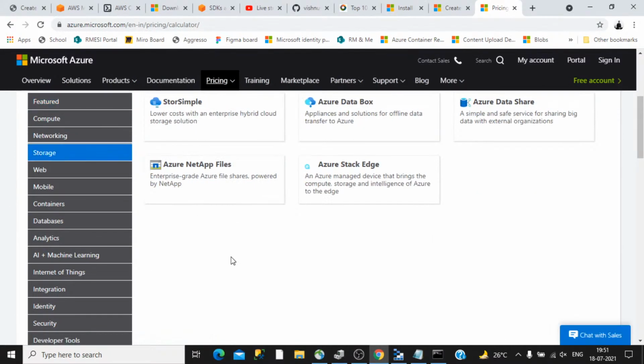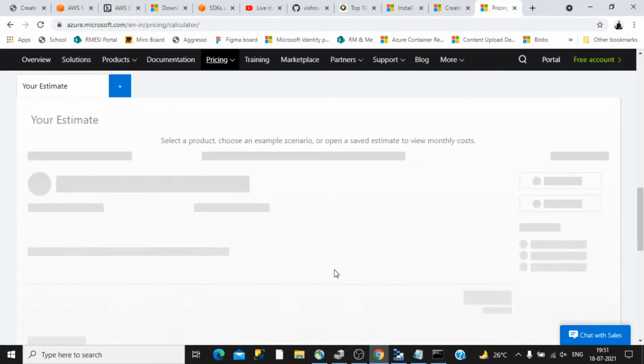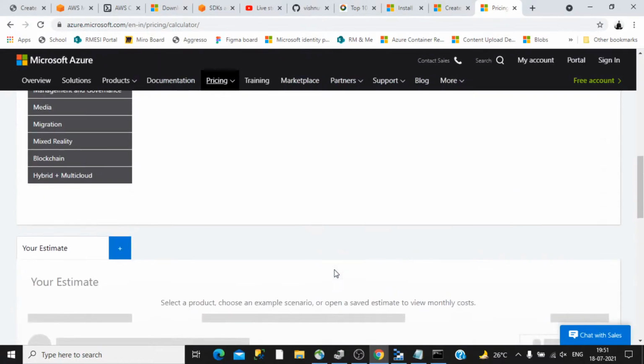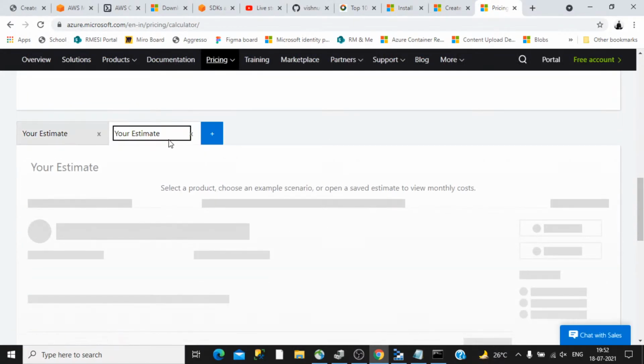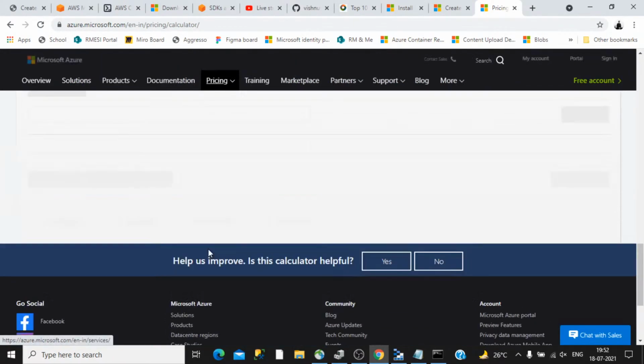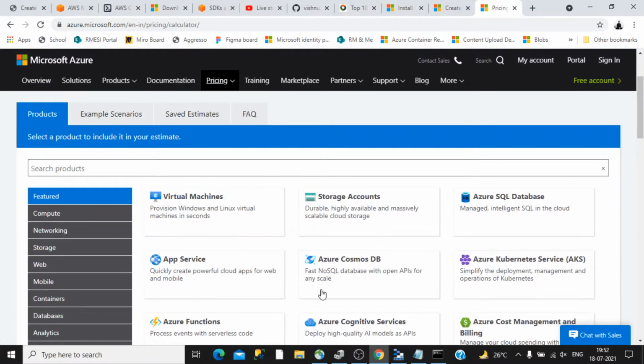For example, if I click this storage and scroll down, let's wait a minute for the page to load. I think some problem is there. Let's click again.